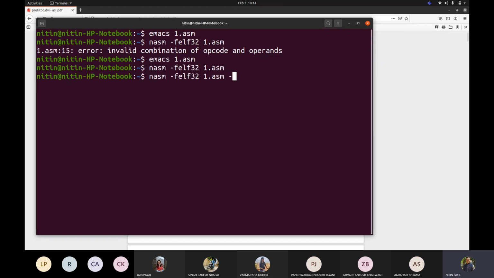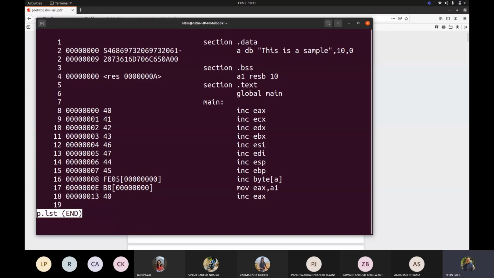Okay, now let me go to this LST file. Let me generate that LST file. Now see this. If we carefully see, with respect to each increment instruction, what can be seen over here? Depending upon the register that you are passing, 40 would be the default opcode for increment, considering EAX to be the first parameter.